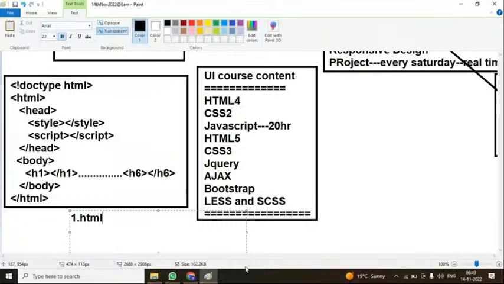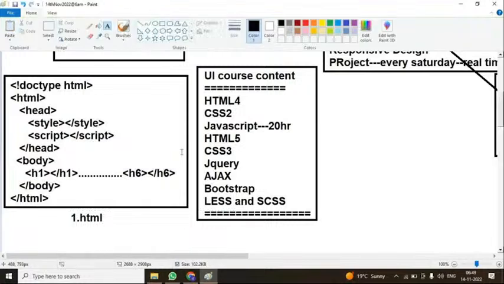If I write 1.html, I can easily develop it for my application. This 1.html is used to create our application, and it is always used to write our HTML coding. This is the HTML standard coding. Inside this HTML page only, we are going to add CSS code and JavaScript code. So in tomorrow's session, I'll explain how to write HTML